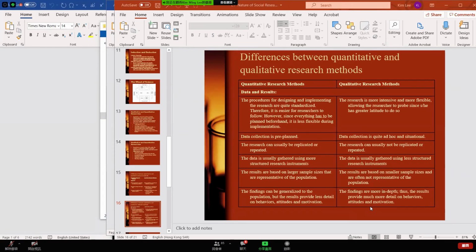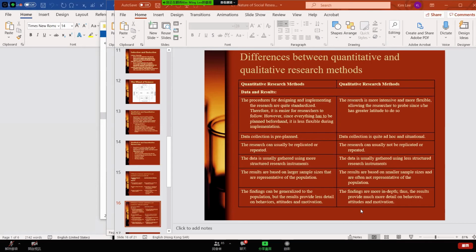So again, in your research question, you may answer something like that. For example, if in your research question you ask about a large population, then a quantitative research design may be good for you. But if your research